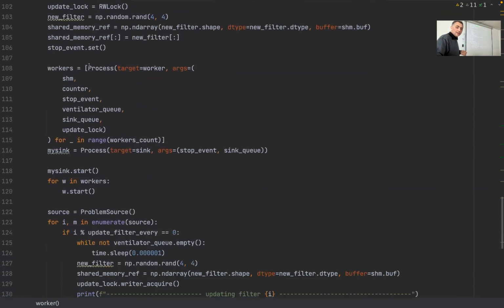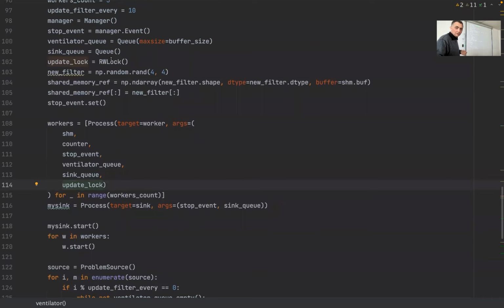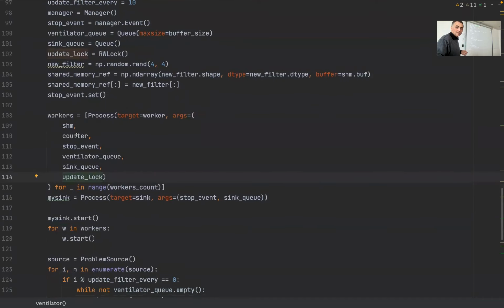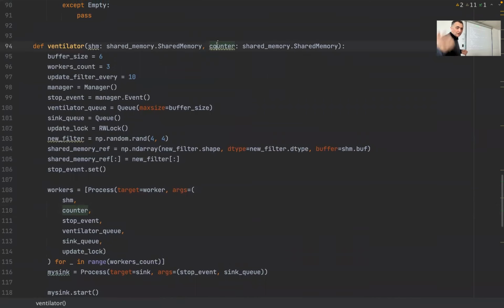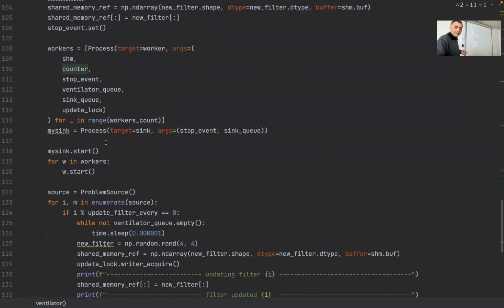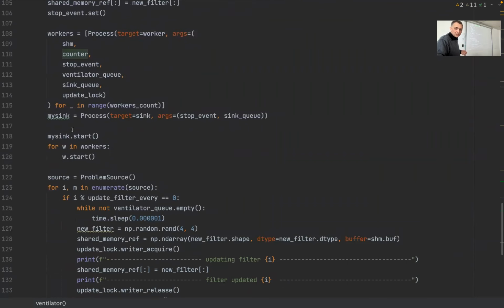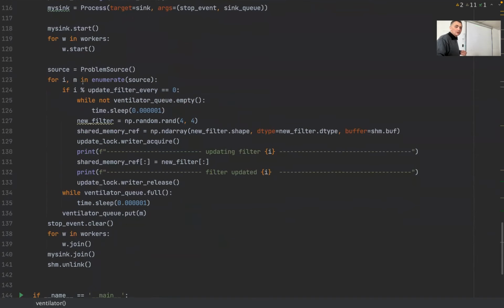Right. So then I initialize my processes. I pass it my update lock, which is now a read-write lock. I pass my counter, which is shared from the external process, right? And then I'm initializing, starting all of them, and then I go into the main process of my ventilator, which is